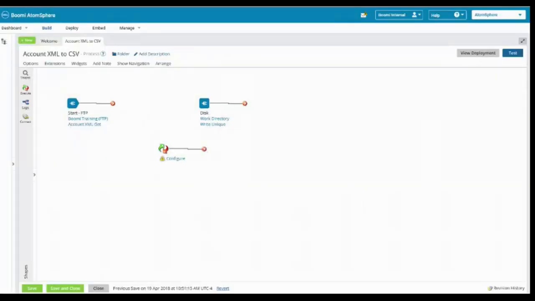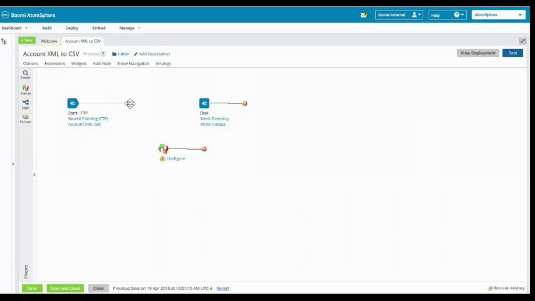The last thing that we want to do is set this up so we will get our fields from the FTP, and they will be written to our disk. Today, if we were to run it the way we have it set up right now, it will get the records from the start shape, but it will never place them on the disk. The reason is because we haven't told Atomsphere we want to do that. So the way that we do it is we place our cursor on top of the red arrow that is connected to the FTP shape, the start shape,